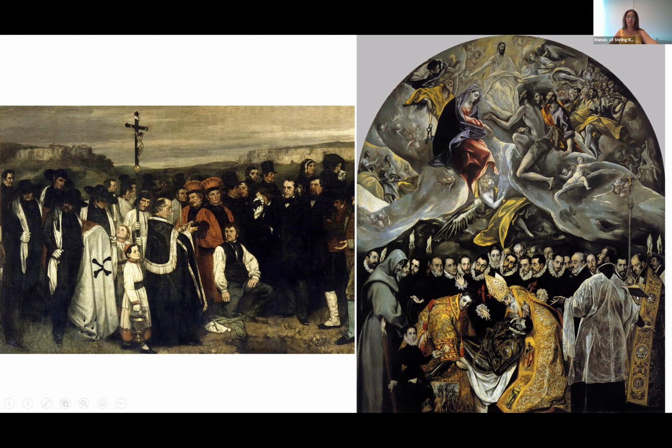We can see that El Greco is focused on the spiritual aspect of this burial. Of course, all of the people come to see this burial from different periods of time. And in the painting by Courbet, we see exactly the townspeople, the people who are actually there in that burial